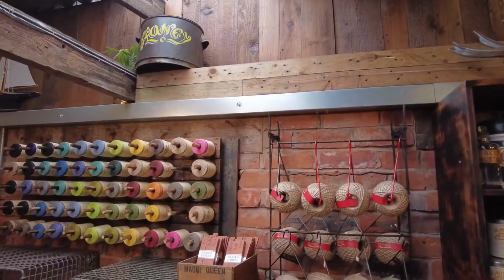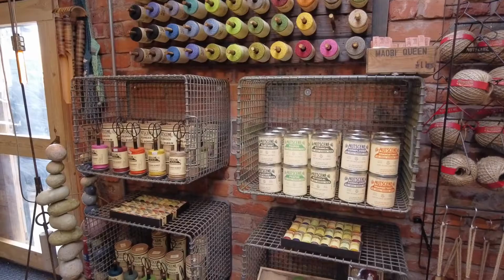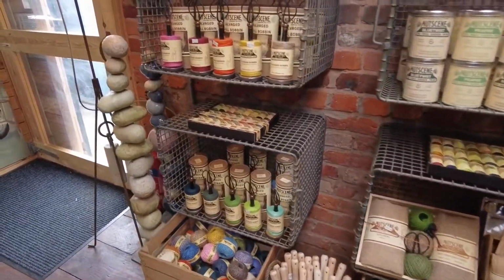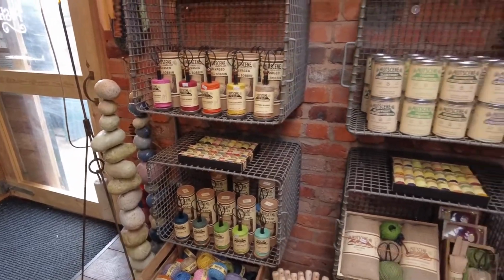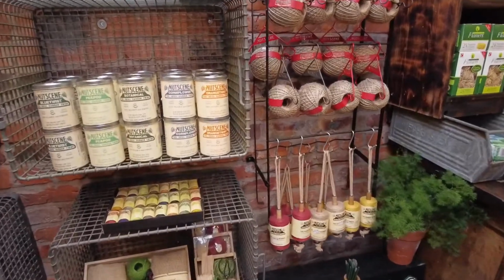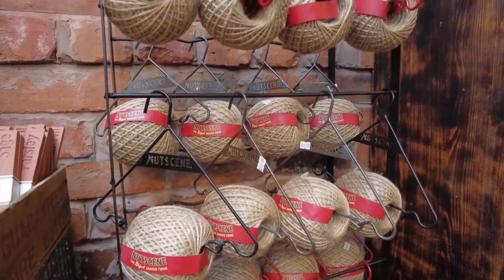And then this section is our garden and craft section. It's completely dominated by our Nutscene, which is a fantastic brand. They've been going since 1922, and the twines are still spun on the same machines that they used all that time ago. So we have a great selection of products from the twines themselves standalone, raffia,